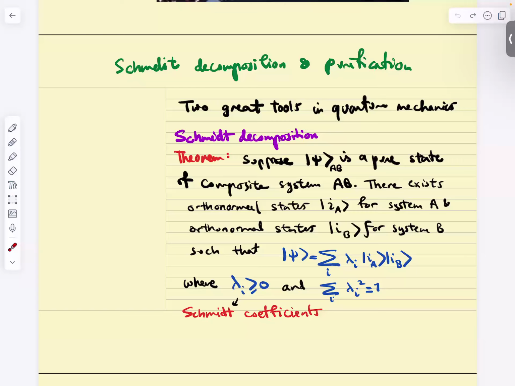So you can see that I already used it here, right? These coefficients are called Schmidt coefficients. What does it tell you? It tells you that a generic entangled state, no matter how complicated, when you write it, remember,